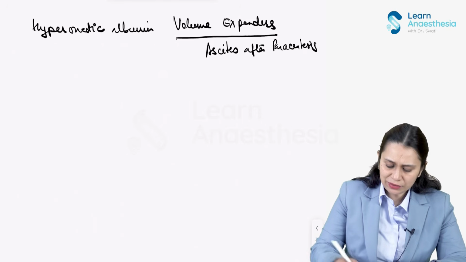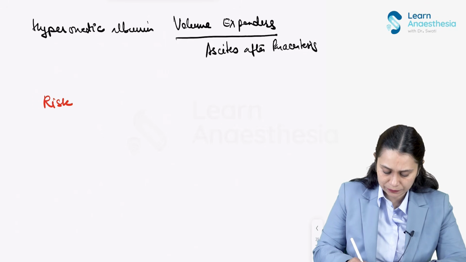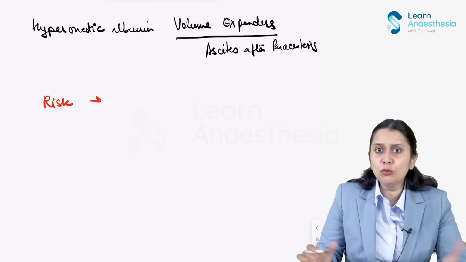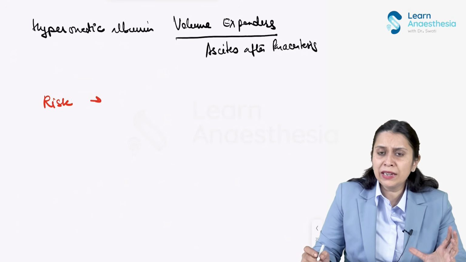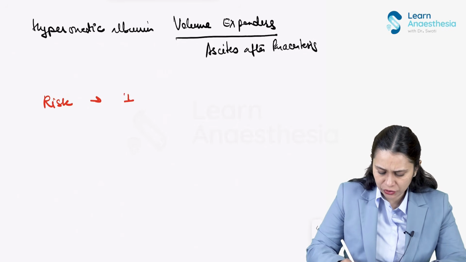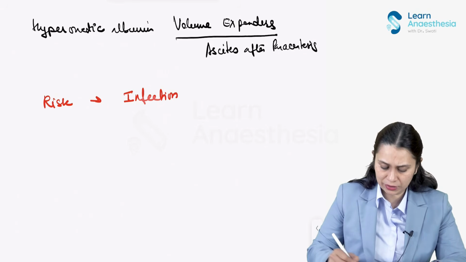What is the risk associated with albumin infusion? It's a natural colloid. It is human colloid, derived from blood. So there is a risk of infection, though the method by which it is separated minimizes this risk. Then the second